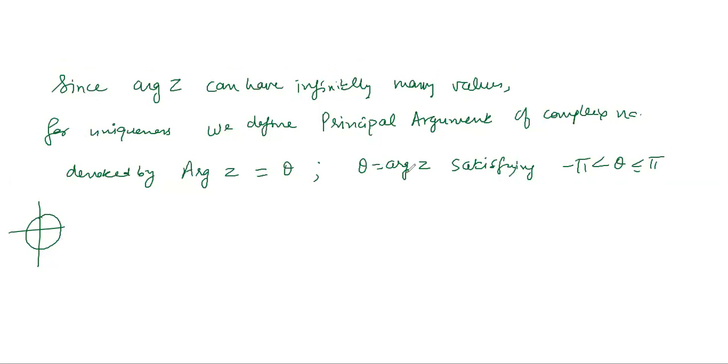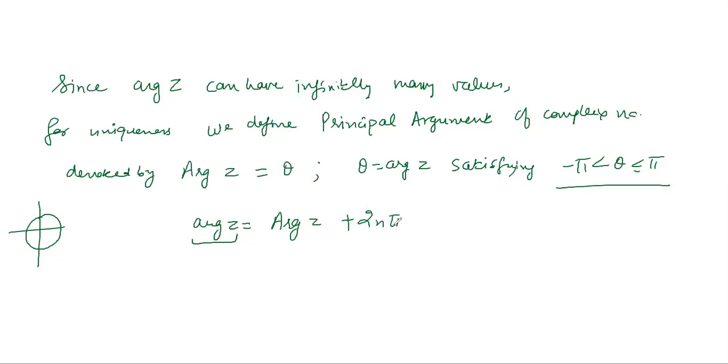So if your theta particularly will satisfy this interval, it lies in this interval, then we say, okay, this one is the principal argument. Okay, so this is the notation, capital ARG, and this is the meaning of the principal argument, that it should satisfy this. So I'll be just giving you the example so you can figure it out from there. And before doing the example, you can have this relationship, that if you know the principal argument, then you can have any value of the argument. तो बाकी जो infinitely many values हैं, they can be obtained from there by adding any multiple of 2 pi.